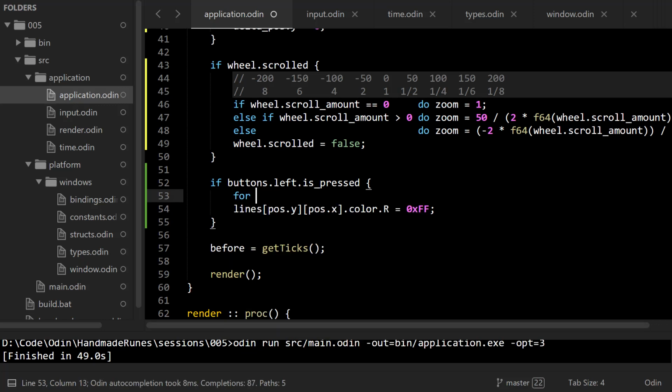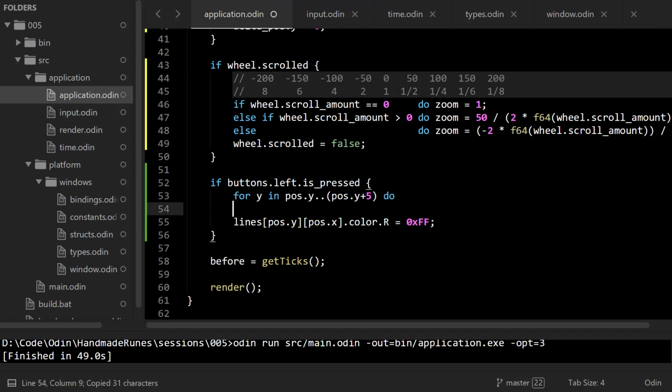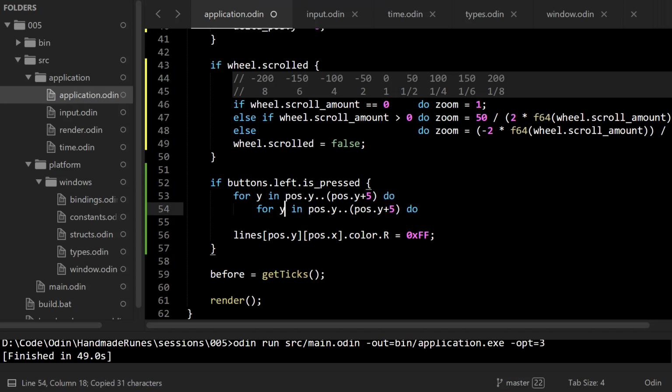So for y in whatever this thing is, to whatever this thing is plus 5, let's say. So this will be up to and not including, so it's just 4 pixels wide. I'm going to do the same for x. So we're drawing a square of 4 by 4,